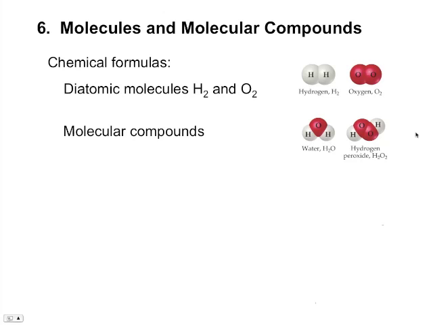There's another compound of hydrogen and oxygen, and that's called hydrogen peroxide. It has a different formula, right? In this molecule, there are 2 hydrogen atoms and 2 oxygen atoms. So we write the formula here, H2O2. If we look at some other compounds, in this case, 2 different compounds of carbon with oxygen. There's carbon monoxide, which has the formula CO, so every molecule has just 1 carbon atom bonded to 1 oxygen atom,